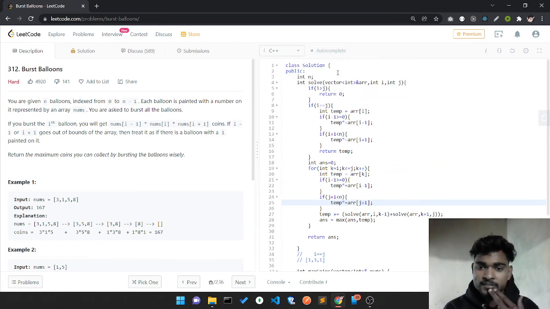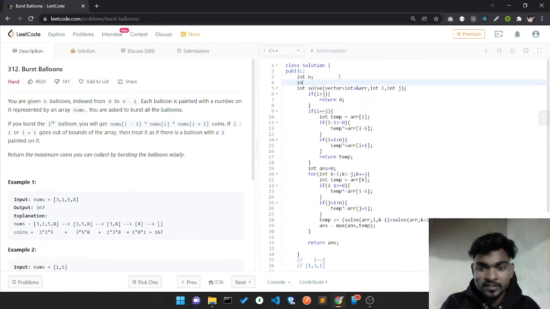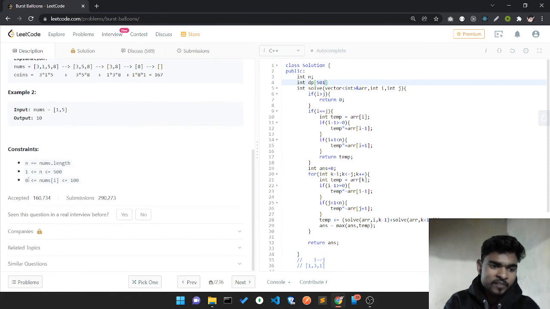For memoizing this solution I'll just make a dp. Let's make the variable dp and take the upper bound. Here it is 500, so I'll take 501 for the upper bound case.